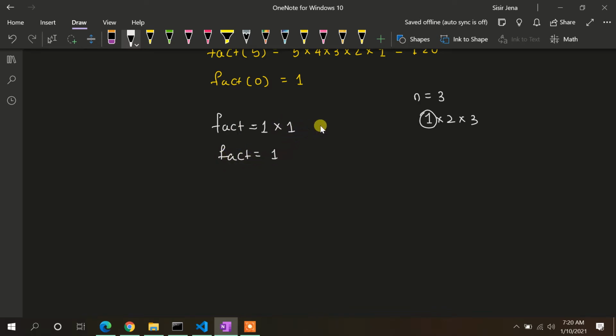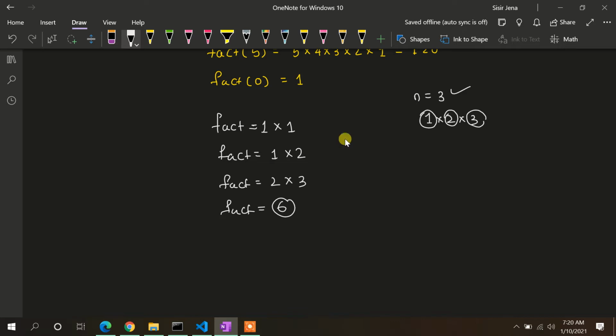Then whatever result we get, we'll take the second number from this list, which is 2, and find the result again. So what we are getting? We are getting 2. Then I'm going to take the third number from this list and multiply it with the result. And what we are getting? We are getting 6, which is nothing but the factorial of 3. So this logic I am going to implement.